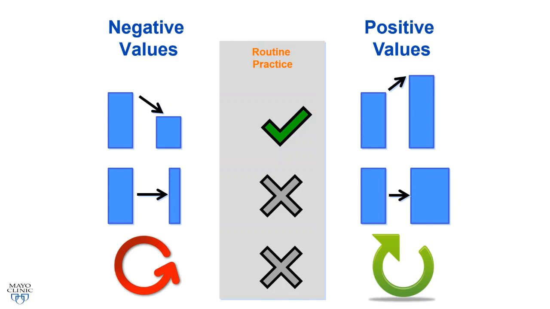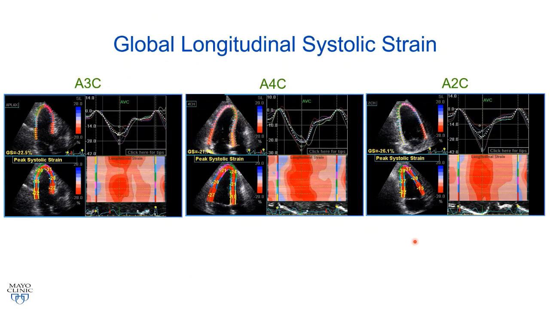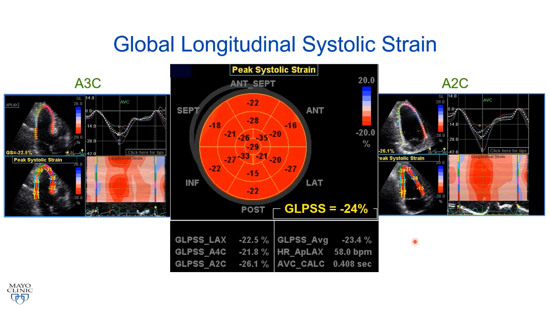for clinical practice. So to derive global longitudinal strain using speckle tracking techniques, we take the standard grayscale apical 3, 4, and 2 chamber views. Each view is then arbitrarily broken up into 6 segments, and the percent regional shortening or strain is derived. The results are then generally displayed in this parametric bullseye map, such that we can see that in the basal